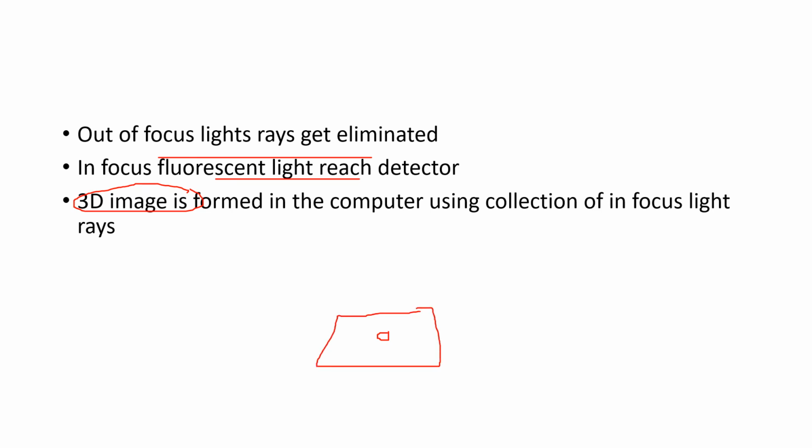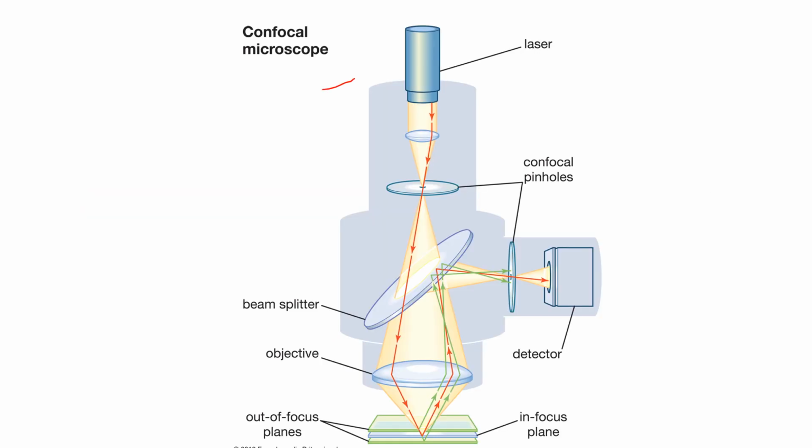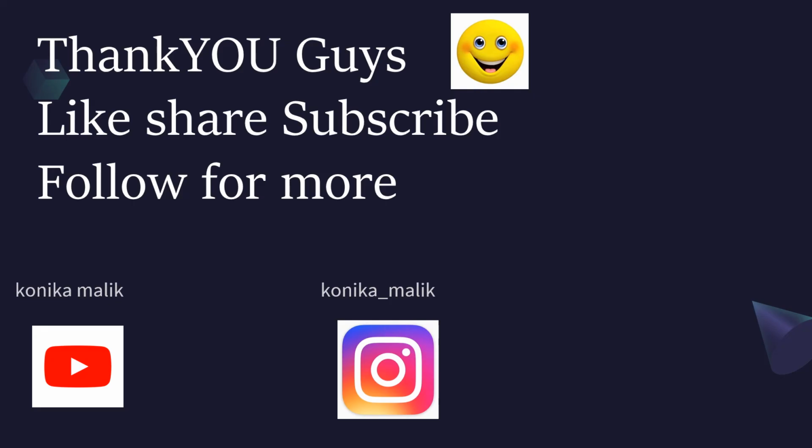As I said, we are pointing only at one structure, and if we want to get the image of the whole specimen, we'll change the direction of our laser source, focus our point on this structure, and then eliminate all those out of focus rays. And if we want to get the specimen structure over here, we'll change the direction again and make sure the light rays hit there. So what are we doing? We are collecting the details of the specimen bit by bit, and then using a computer we make the final 3D image. Now this is again a repetition, and if you still have doubts, please comment them in the comment